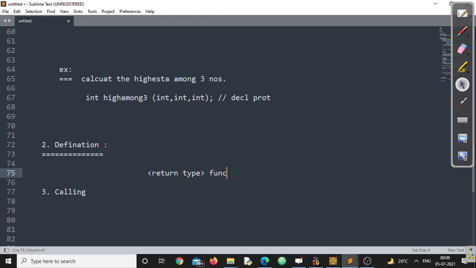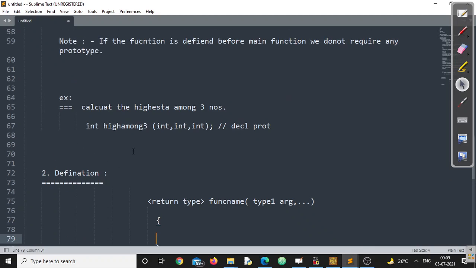followed by function name, and type 1 argument. It will go on with comma separated variables followed by this. Remember, once I have written the function prototype, make sure the return type is the same as the return type mentioned in the prototype.